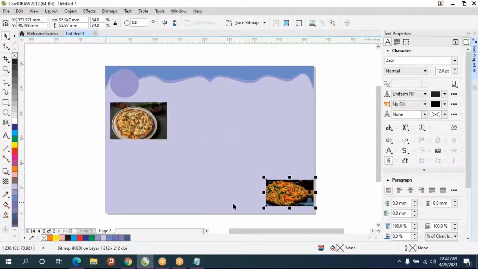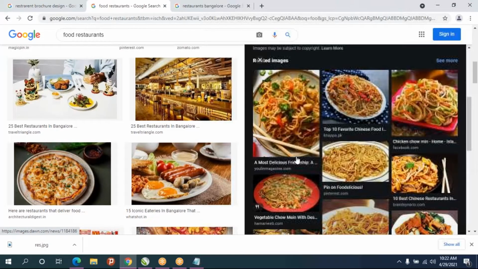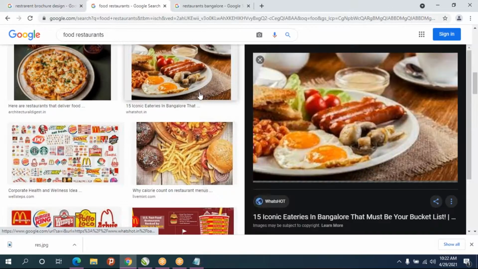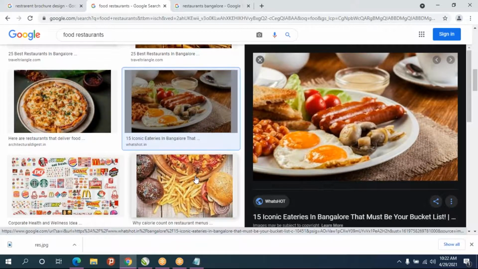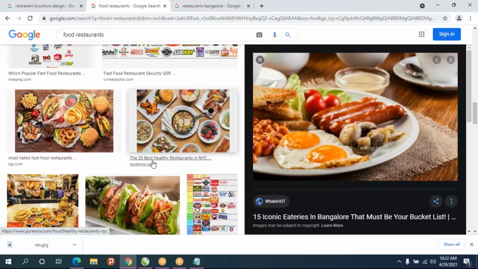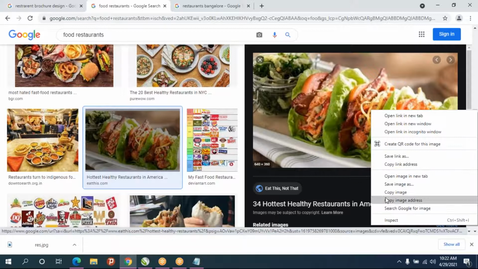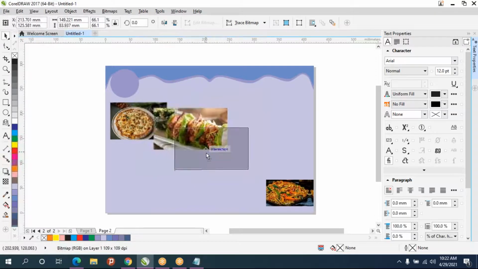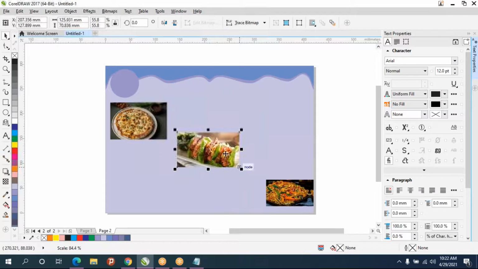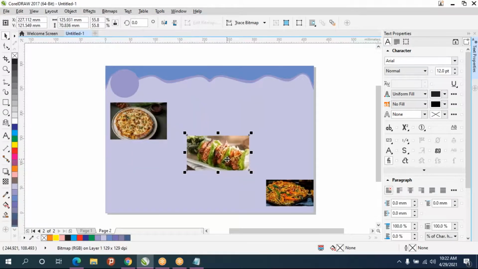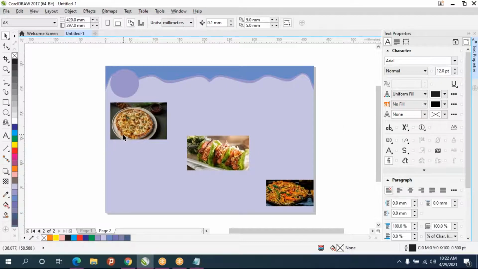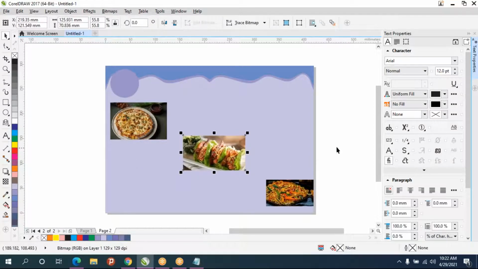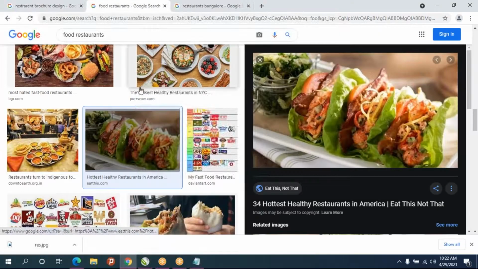And about this dish, you can give some name, some details over here. So example, right now I'll put some random text.